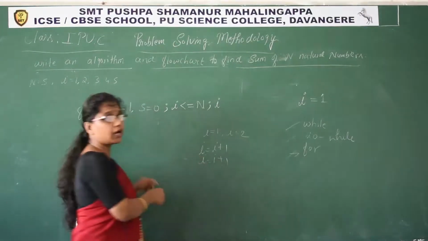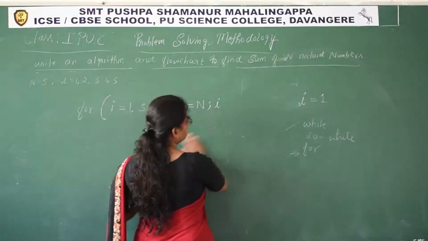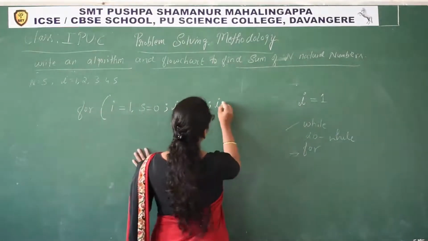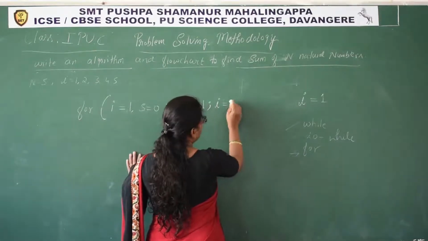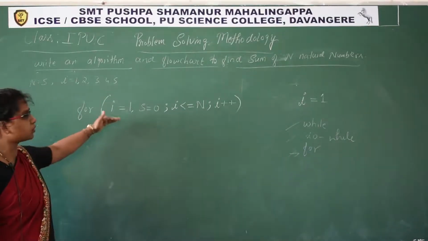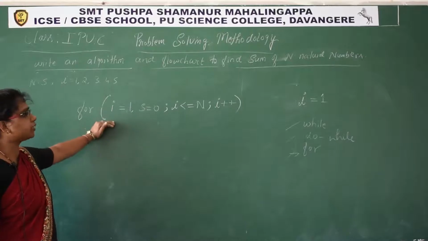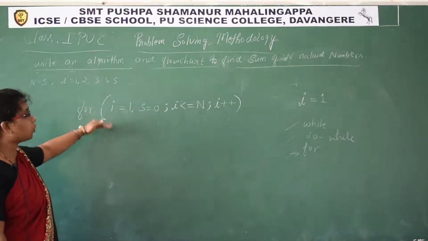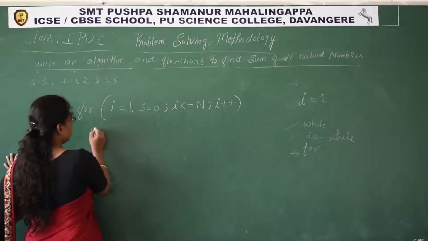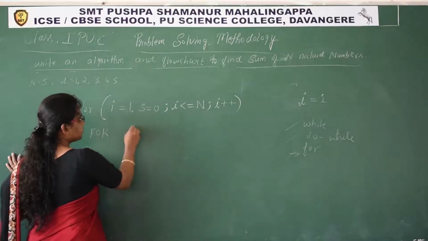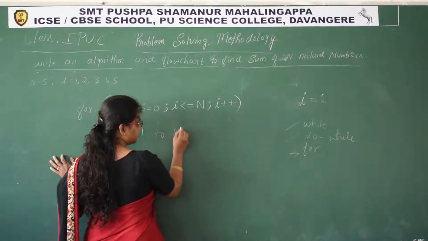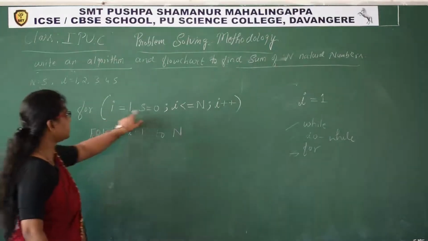So I is equal to I plus 1 can be written as I plus plus in programming, but in algorithm let us write I is equal to I plus plus, I'll write here. So this is the programming, this is the coding, this is what we are writing in a program. But in algorithm, how to modify it, how to write in algorithm, so that common people can understand. For how to write in algorithm, for I is equal to 1 to n. Common language ಅಲ್ಲಿ ಈ ತರ ಬರಿಬೇಕು, ಪ್ರೋಗ್ರಾಮಿಂಗ್ ಅಲ್ಲಿ ಈ ತರ ಬರಿತೀವಿ ನಾವು.